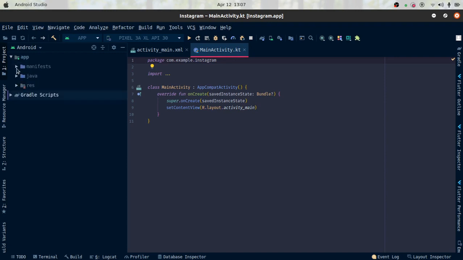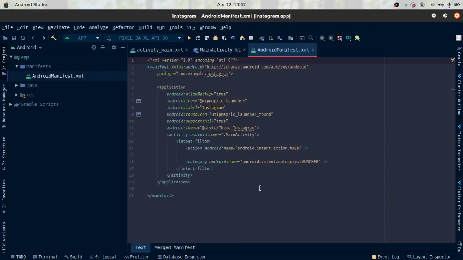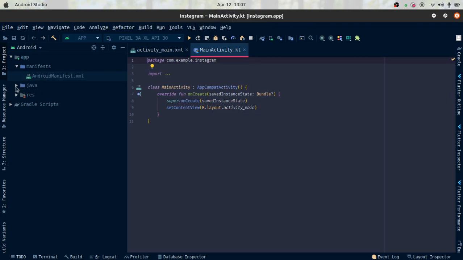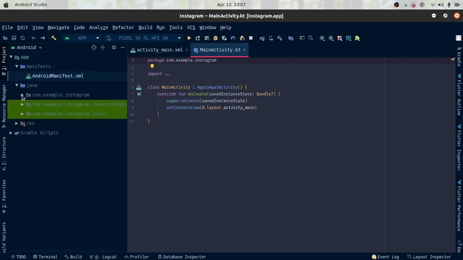app, I go to manifest, Android manifest. Every Android project has a manifest file, just as you have a manifest when you're going on transit, boarding a taxi or something, then you have a manifest of travelers. So this is a manifest file; every project has a unique manifest file. It must be present before the project can even build. We'll go into what is inside the manifest file